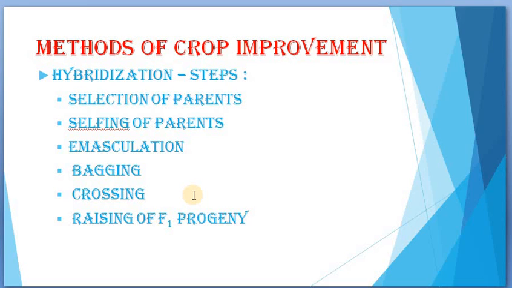Or sometimes even a very normal paper can also be used. So they will be covering that female flower, the stigma part, and this technique is known as bagging. And why do we do bagging? Bagging will prevent the accidental fall of the stamen onto the stigma, so that we can stop the accidental fertilization, or the accidental pollination which we have not planned for. So that is the bagging technique.